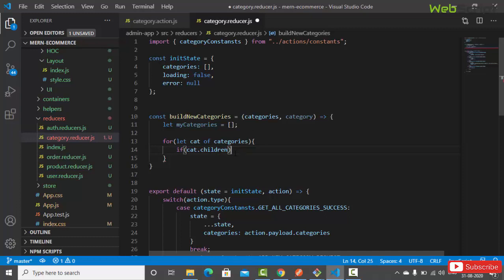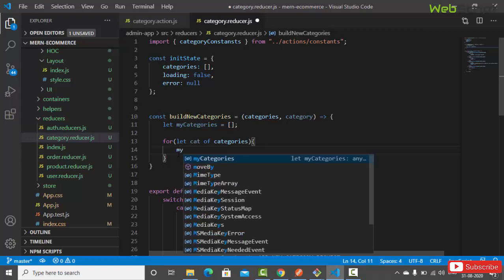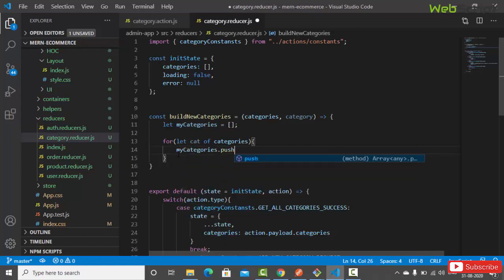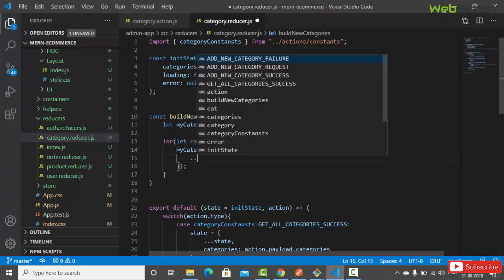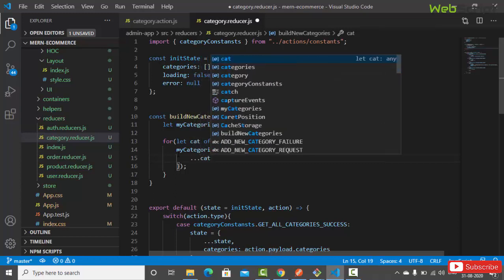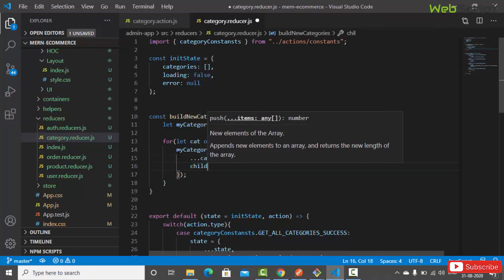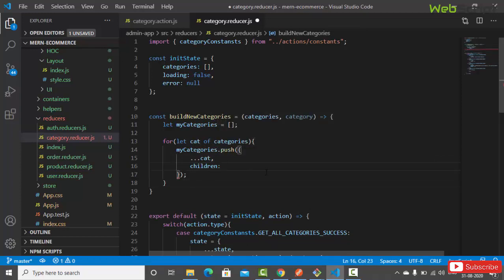Not like that, we have to push the new category because we are building a completely new category set. So we'll say my categories dot push. Whatever categories we have right now, we are going to spread over here, so that is cat, and we will add a new children. Here we'll have children, and in the children we are going to say cat